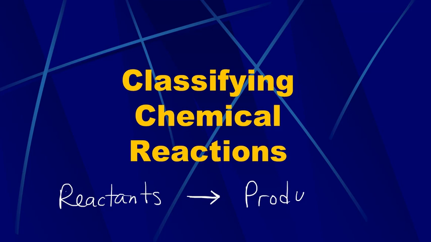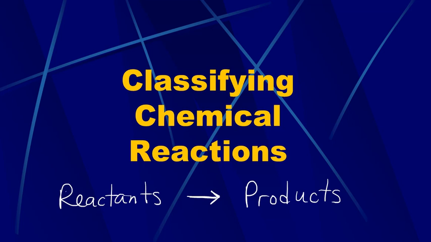The products are the substances that are produced by the reaction. So that's what's produced or what's made over the course of the reaction. We always write the products on the right side of the arrow. This is important to remember as we go forward in classifying reactions into these 5 types. Hopefully by the end of this lesson, you'll be able to classify almost any reaction into one of these 5